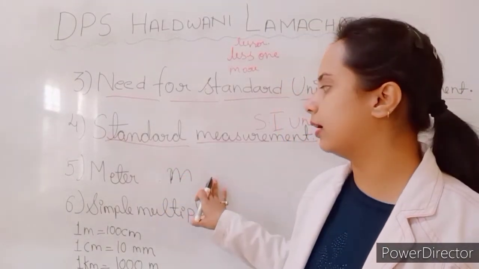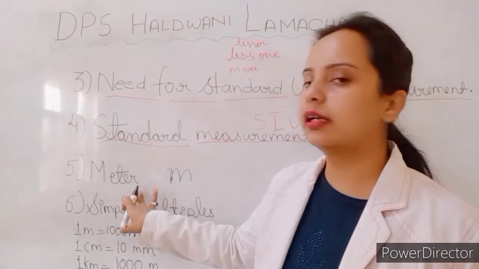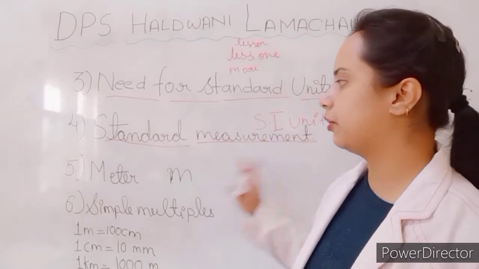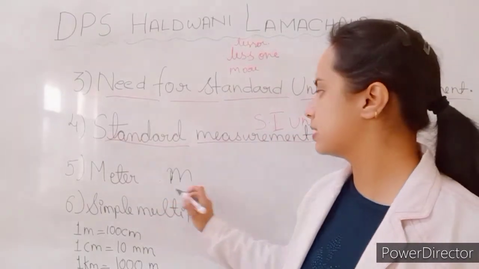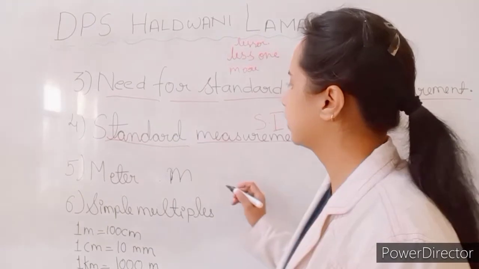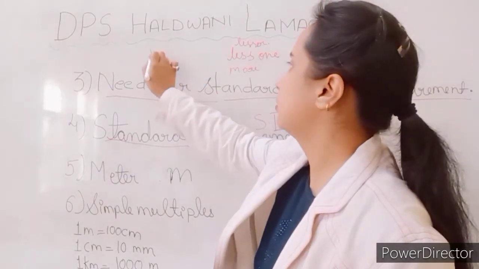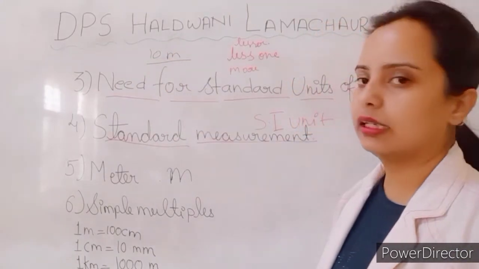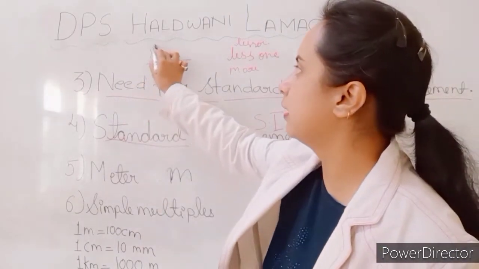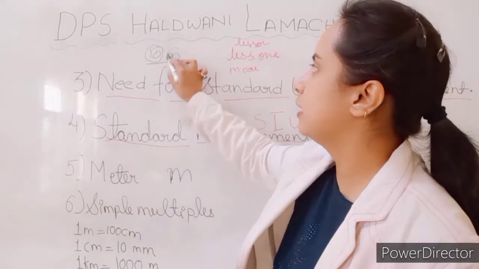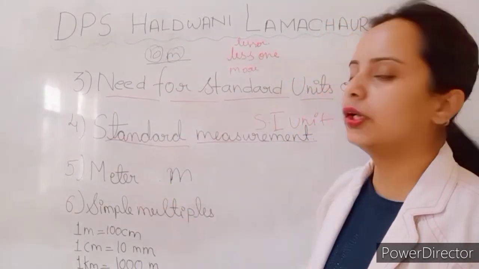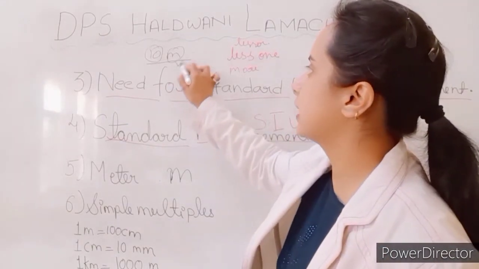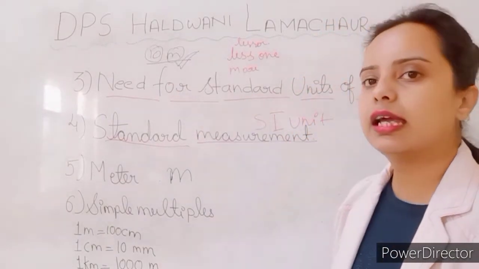Okay, this is a small m. This small m means it is the unit meter. So this is the SI unit of a meter. For example, if any length is 10 meters, we will write it like this: first we write the number, and then the small m, which is the unit of a meter. And this is known as the SI unit of length.